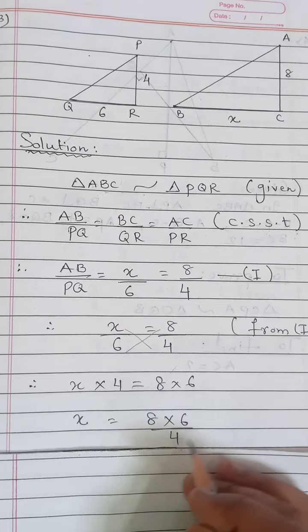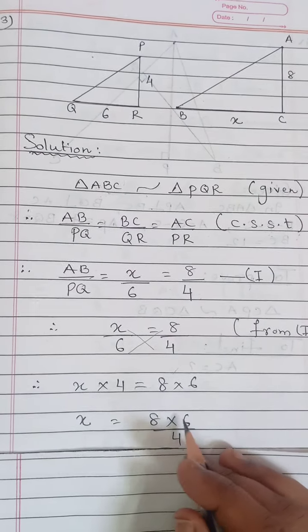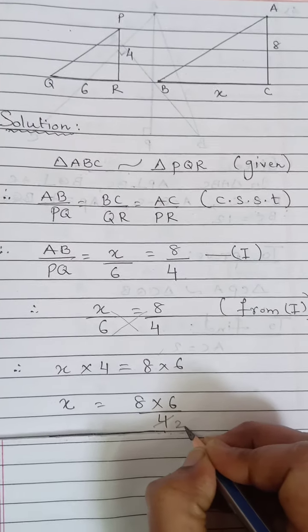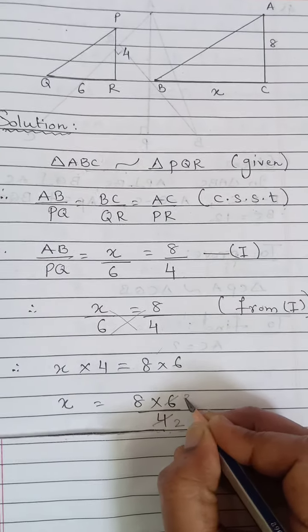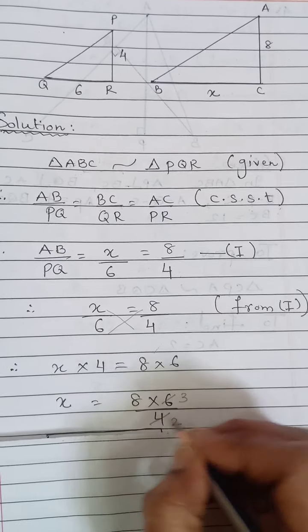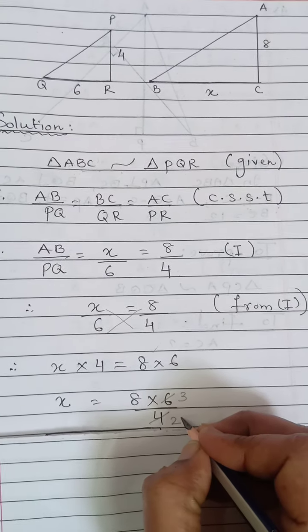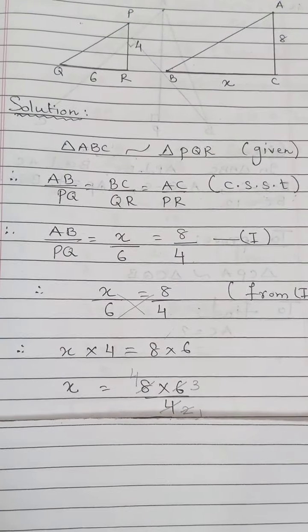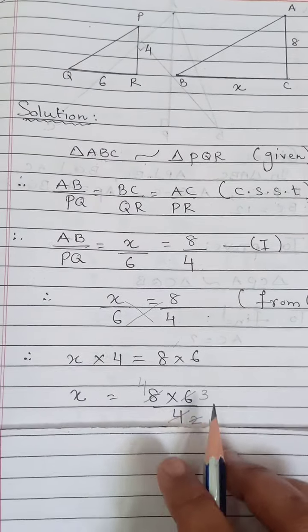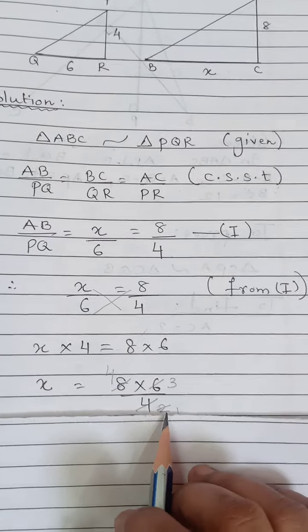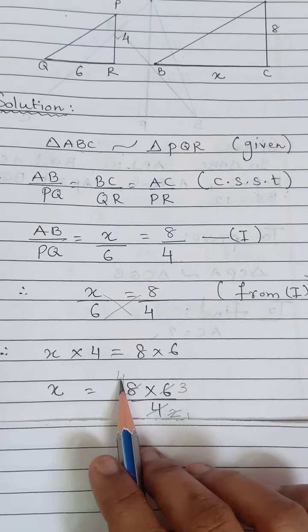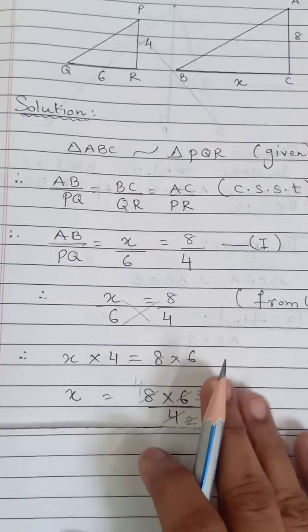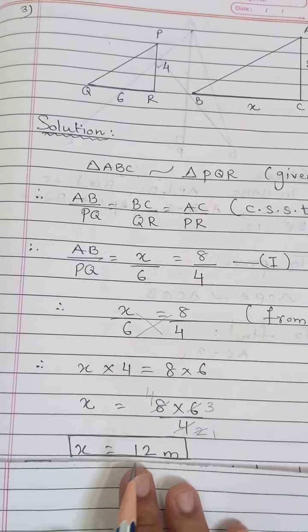Now we can see that all the numbers are divisible by 2, so we can divide by 2. We can cancel: 2 2s are 4, 2 3s are 6. Again these 2 we can cancel by this: 2 1s are 2, 2 4s are 8. So like this we have cancelled these 3 numbers by 2. So nothing remains in the denominator. The numerator has 4 and 3. So 4 and 3 will be multiplied. 4 3s are 12. So we have got the value of X equal to 12.